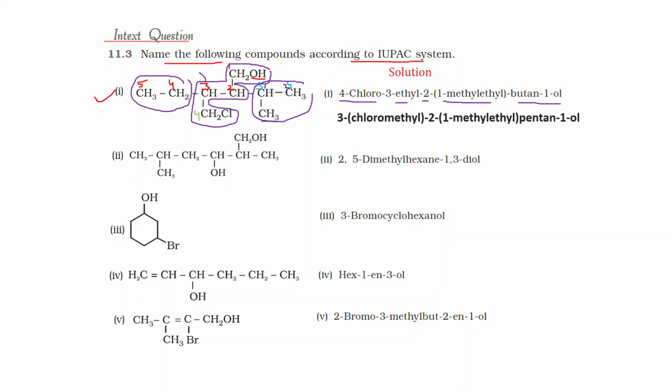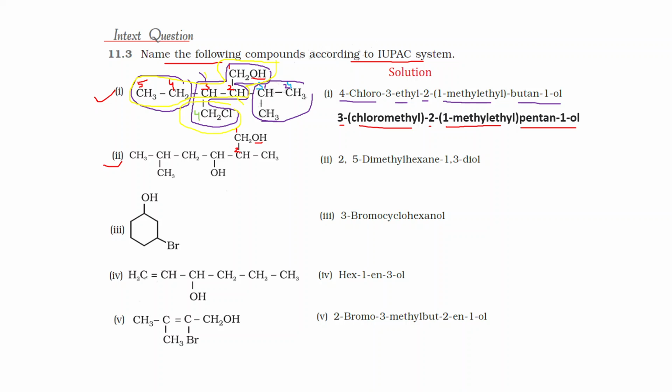This one is, that is this 1, 2, 3, 4, 5, this one. And if we write according to this, then at the second carbon atom there is again a substituted substituent, that is 1-methylethyl, and at the third carbon atom this is written as a chloromethyl, and hence its name can be written as 3-chloromethyl-2-(1-methylethyl)pentan-1-ol. Okay. Now come to this one. Functional group is on this carbon atom. That's why this is